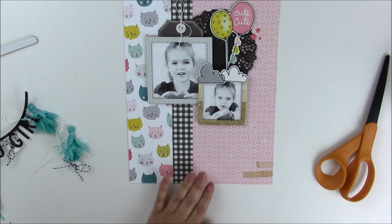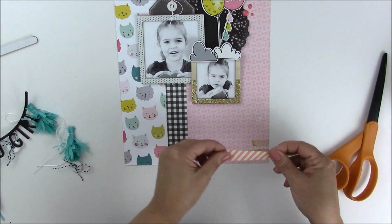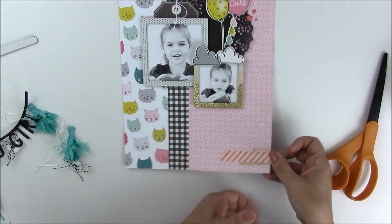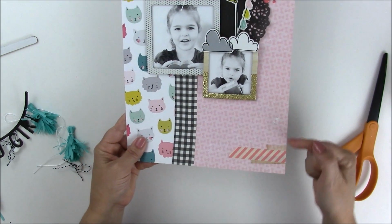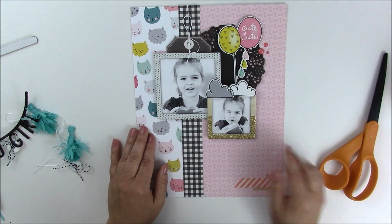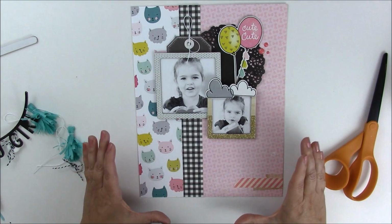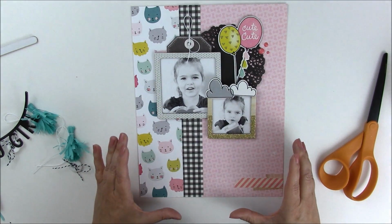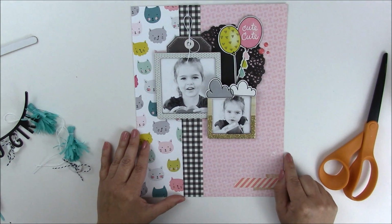Here at the bottom, there are some pre-designed tape pieces, but I'm going to take a piece of pink diagonally striped tape, and I'm going to just adhere it off the edge so you can see both pieces. Now when I cut this particular piece of pattern paper, I made sure that that element on the design was left intact. So if you're cutting down a piece of paper, whether it's for a layering piece or for an 8.5 by 11 inch page,